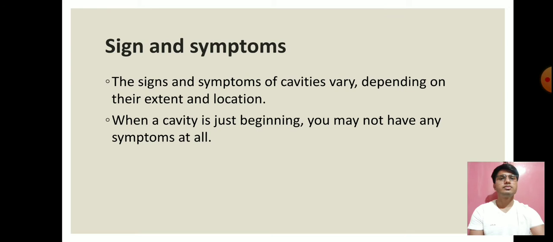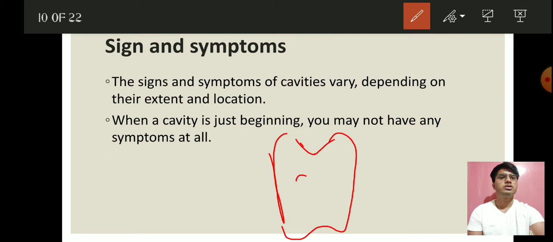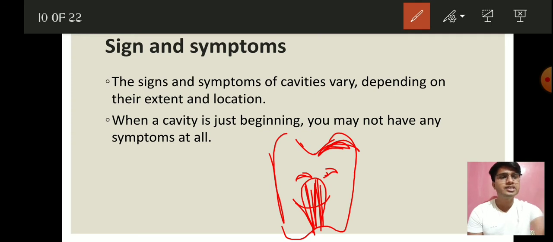Okay, now signs and symptoms. So we all know that tooth decay causes pain, but initially there is no pain. Okay, because let's go back to the structure of the tooth. Suppose this is your smiling tooth, very happy smiling tooth. When the tooth decay is on the surface, it doesn't reach the nerves. Here we have nerves and blood vessels in the middle, as we have talked about. So it doesn't actually reach the nerves. So that's why in the initial stages we don't even know that we are having tooth decay.